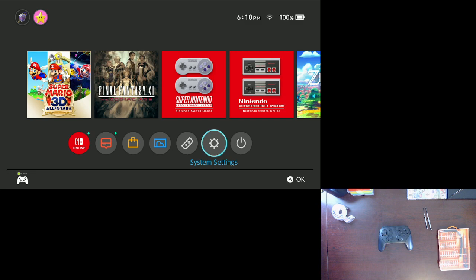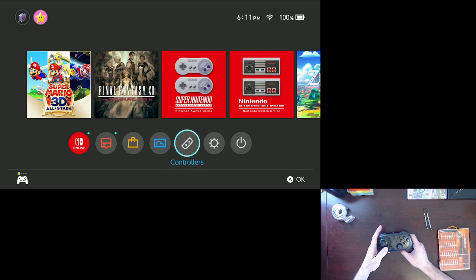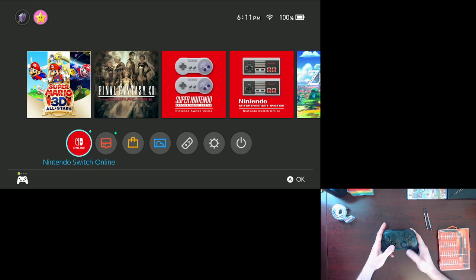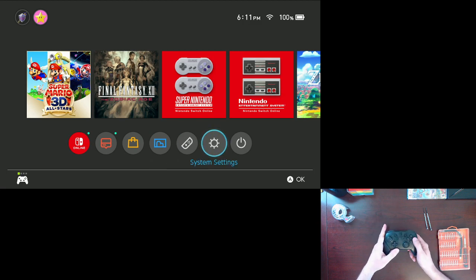All right. So, when I was playing through Zodiac Age, I noticed that some of my menuing was jumping around when I was using the direction pad here. I didn't notice it as much in Super Mario All Stars because instead of the pad of direction, it generally used the stick of analog. So, I wasn't seeing too much, but if you go into System Settings,